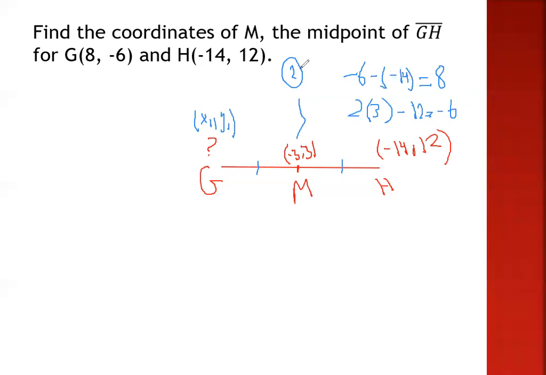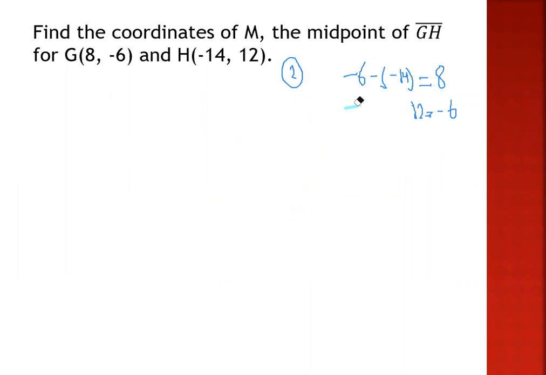You will multiply only 2 times negative 3 minus negative 14, 2 times 3 minus 12. So you can find the coordinates of G in a quick way. Okay, understood this part, my students? Understood? Yes. Okay, so this is the part which